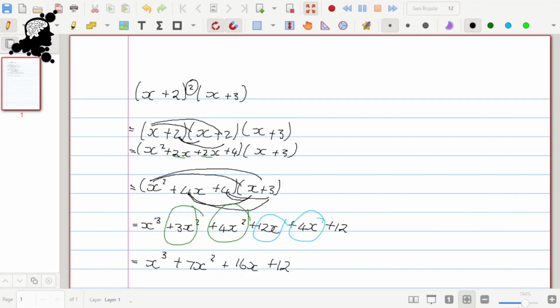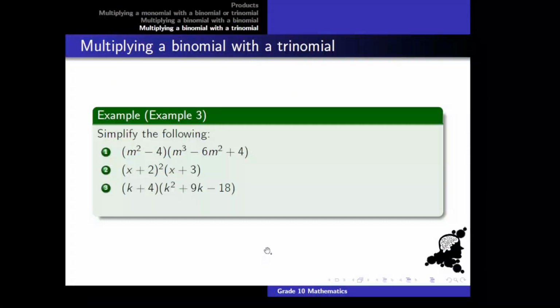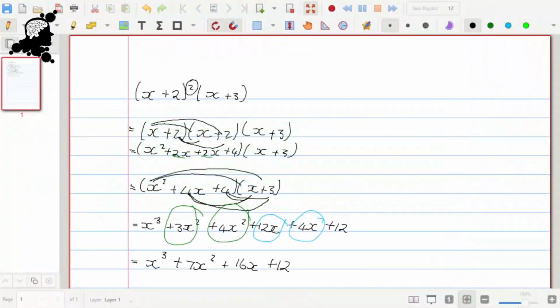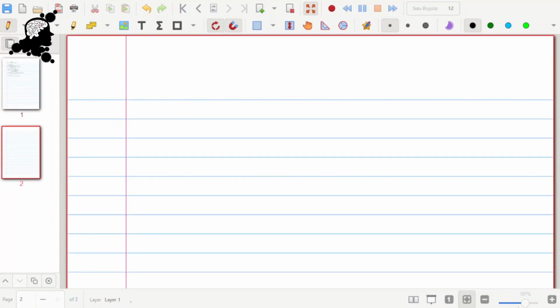I hope that this makes sense to you guys. All right, let's look at the next question. So here we've got the product of a binomial and a trinomial. k plus 4 multiplied by k squared plus 9k plus 18. Let's go to the writing pad and write this out. So let me open a new sheet of paper. So there we are. Then the question that we had was k plus 4 into k squared